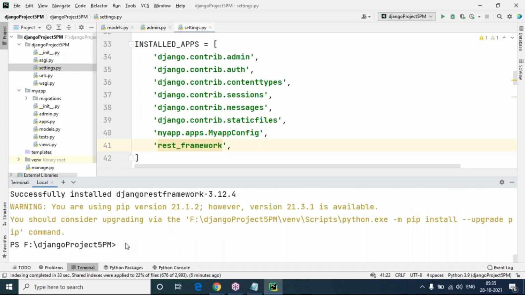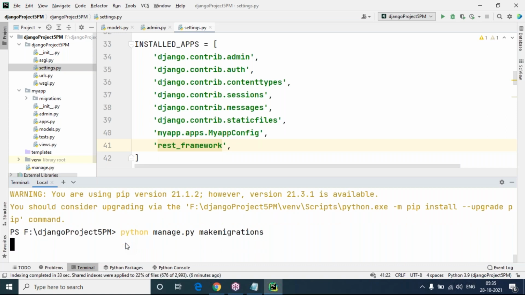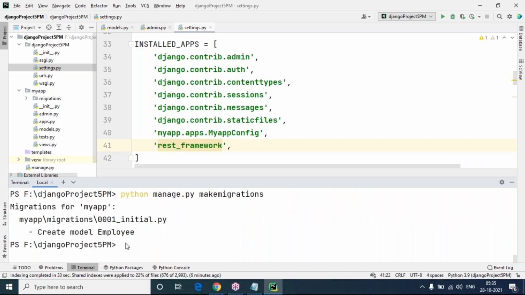No problem. Now next I'm taking python manage.py makemigrations. Now the migration is successfully done. Okay, once the migration is successfully done, python manage.py migrate.